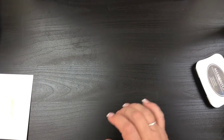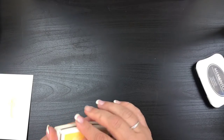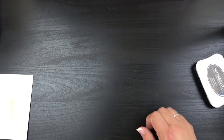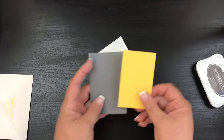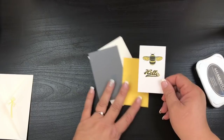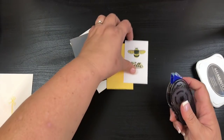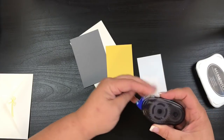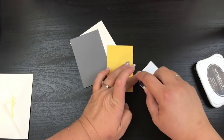So let's go ahead. We've got all our pieces stamped and everything. Let's go ahead and put them together. I'll put my ink away, and then we'll go ahead and get the card started. So I've got my folded card here, these two pieces, and then I've got the card that I stamped. So very quick, very easy. Just going to go ahead and use my Snail adhesive and put this